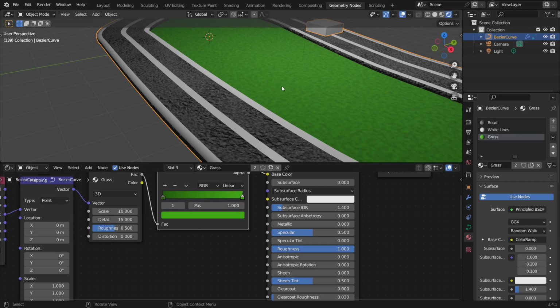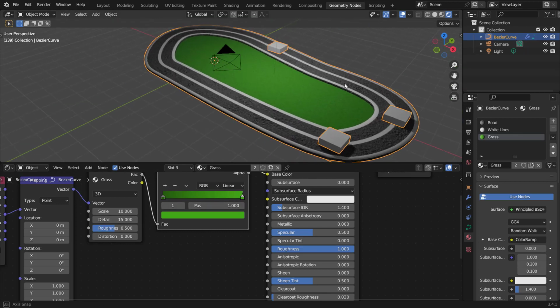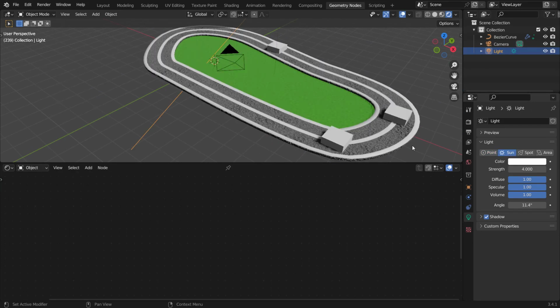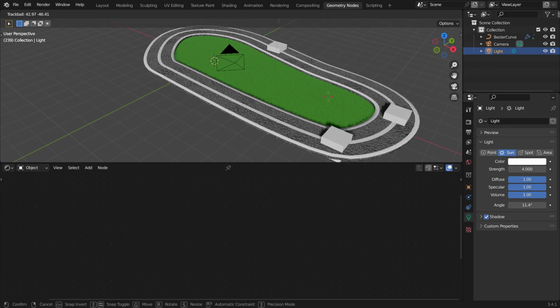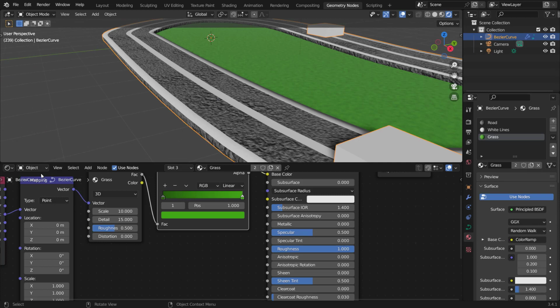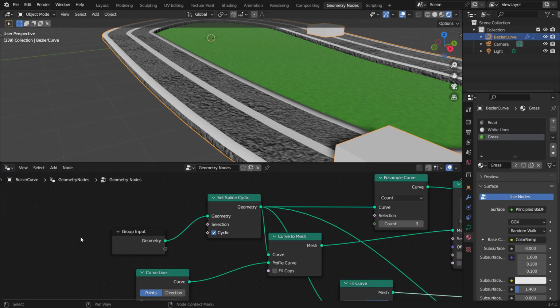And once again, feel free to expand on the material. Let's go to our light quickly, change it to a sun lamp with a value of 4, and hit R twice to rotate it how we want. Very cool. Now here, the line in the middle is a little bit too big, so back in the geometry